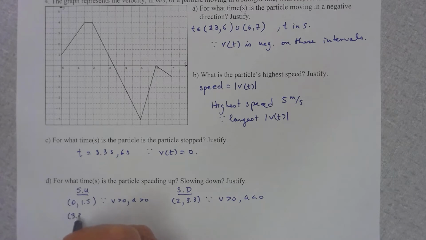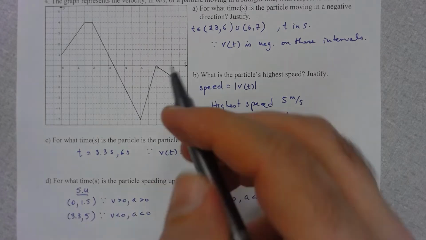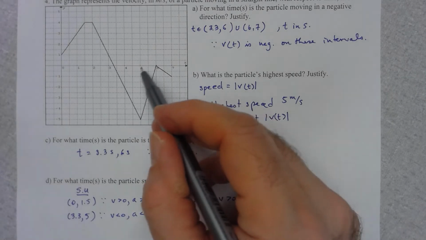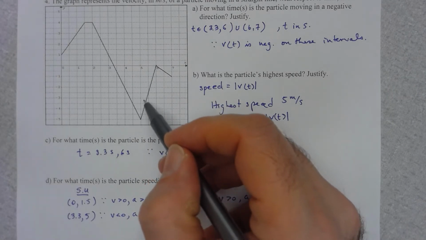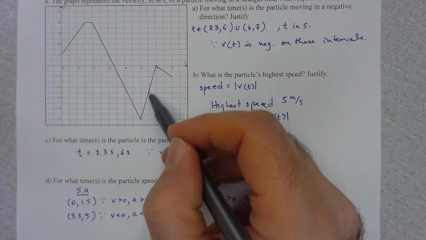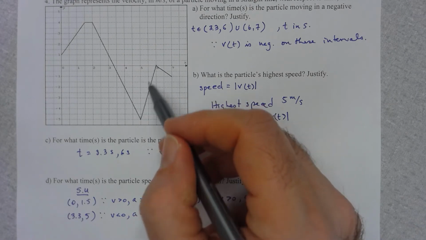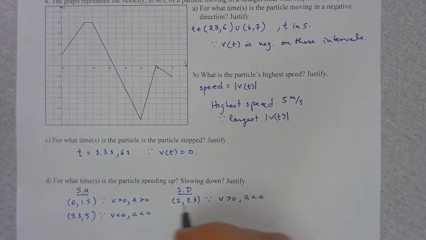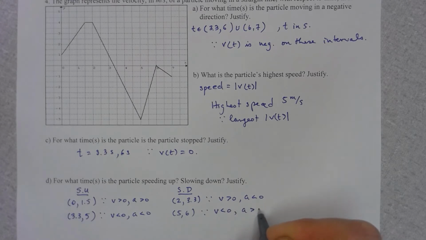So 3.3 to, what do we have? 5. Okay, and why is that? Because both the velocity and the acceleration are negative. Then we go from 5 to 6. We see that the velocity is still negative, but the acceleration here is going to be positive slope. Okay, so from 5 to 6, it's slowing down because the velocity is negative, but the acceleration is positive,